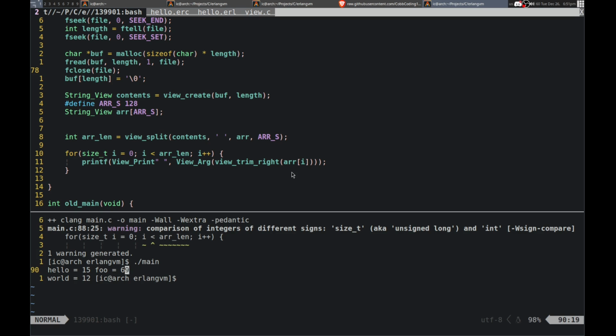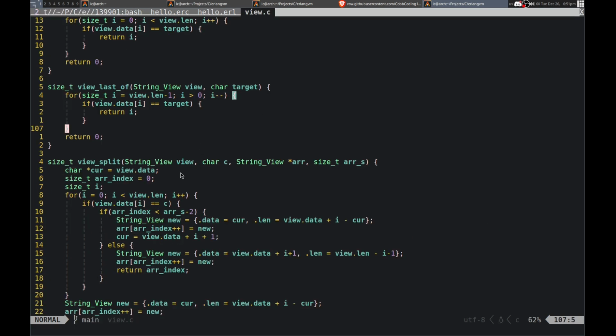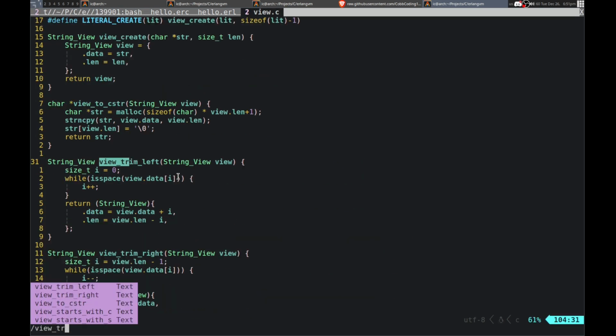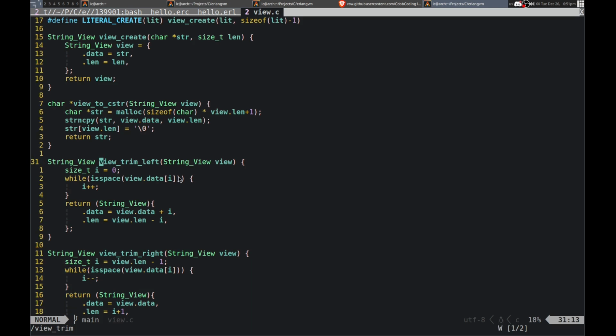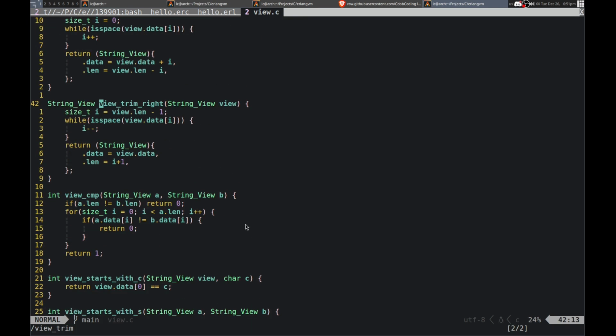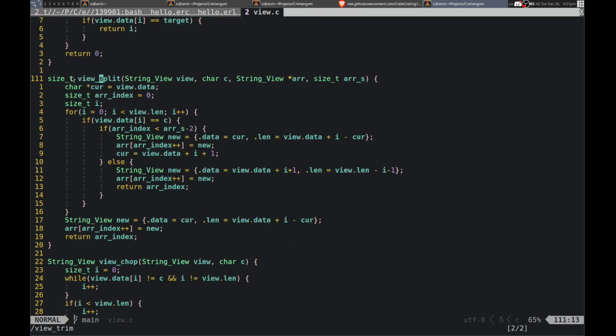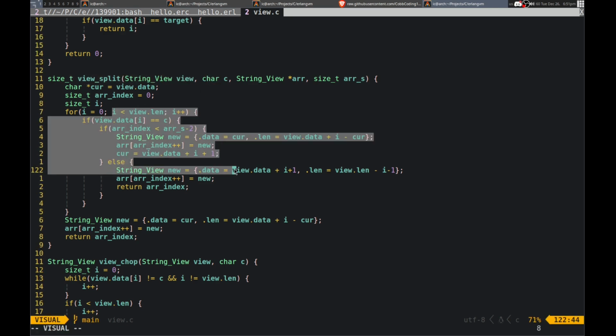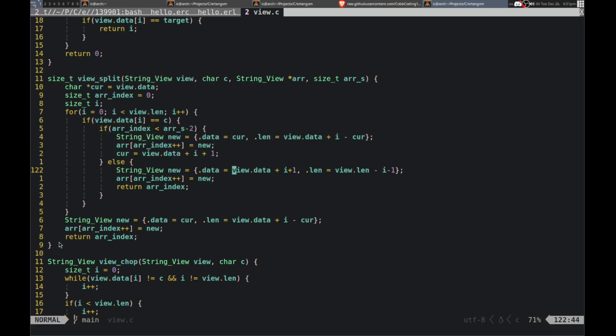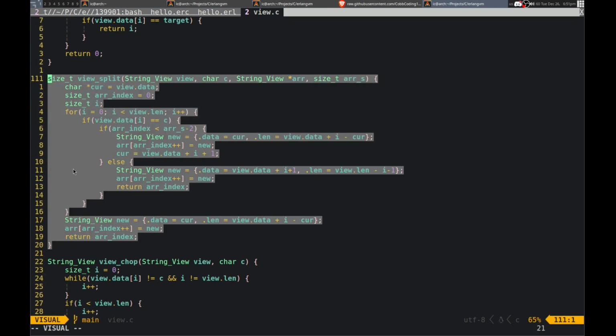So, yeah, probably should make one to split by space. Like if it is space, then split it. I could really do that now even. So basically, just do the same thing.